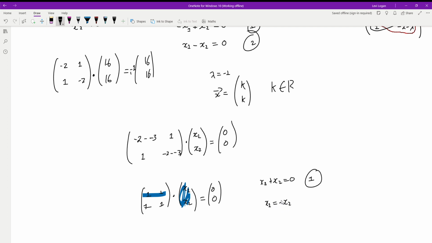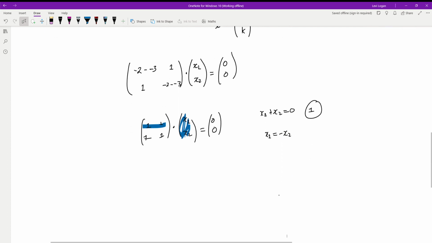So what does this say about our second eigenvector? Your second eigenvector is going to be, you can have any number, let's say q, but its y coordinate needs to be the negative value. So they have to be the same values, but this one has to be the opposite sign. That's why it's got the negative. So for example, let's put our matrix down. Let's say we had -2, 1, 1, -2, and we multiply that by